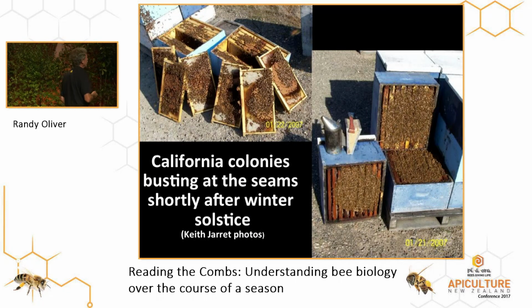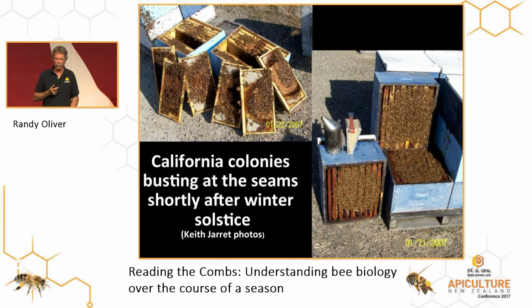Here's my buddy Keith Garrett. This was taken shortly after the winter solstice, where he has colonies so full of bees that he shakes bees and sells tens of thousands of dollars worth of shook bees to beekeepers who have weak colonies, because nobody else can keep their bees strong during the winter. He just puts on a ton of pollen sub. He may put 15 pounds of pollen sub on a colony during the winter and then shake hundreds and hundreds of dollars of bees out of that colony for sale. He just turns pollen sub into bees.